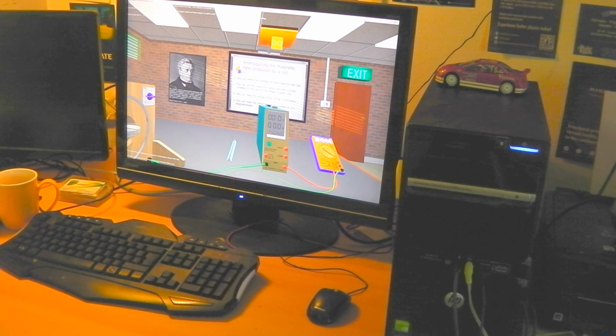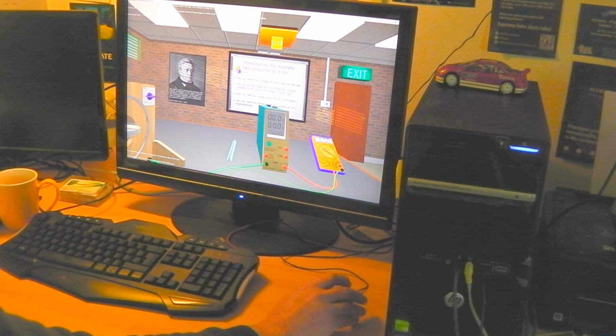I'm going to show you how to use the controls for the virtual experiments. This is investigating the magnetic field produced by a coil experiment. This is how it is when you first run it. Notice I'm using a mouse with a scroll wheel here. This is quite important. The scroll wheel allows you to turn controls and it's really quite intuitive and works very